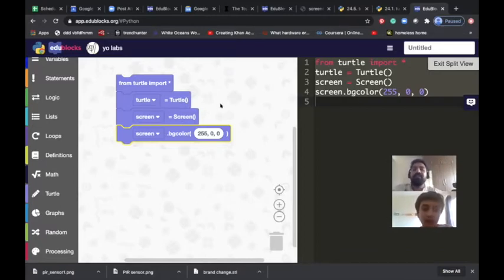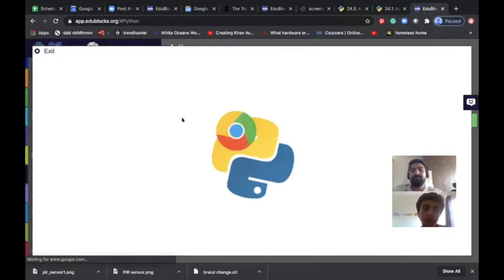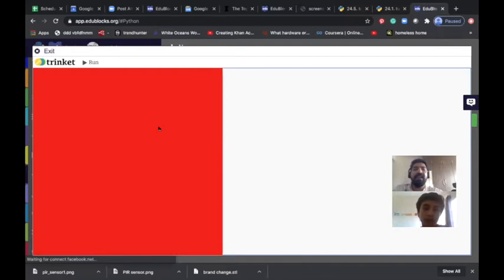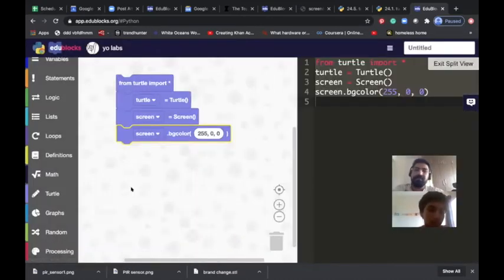Yeah, great. So once you're done till here, this is our first basic thing we have done already. What it does, we will just check. We will go and say run. Okay. So when I say run, I get a red portion. Whatever is the red portion, that is my screen where I will be drawing. I can make it big or small, but that we will do later on. Now you also have to run and check that your code is fine and everything is working. Yeah, we're able to do that.